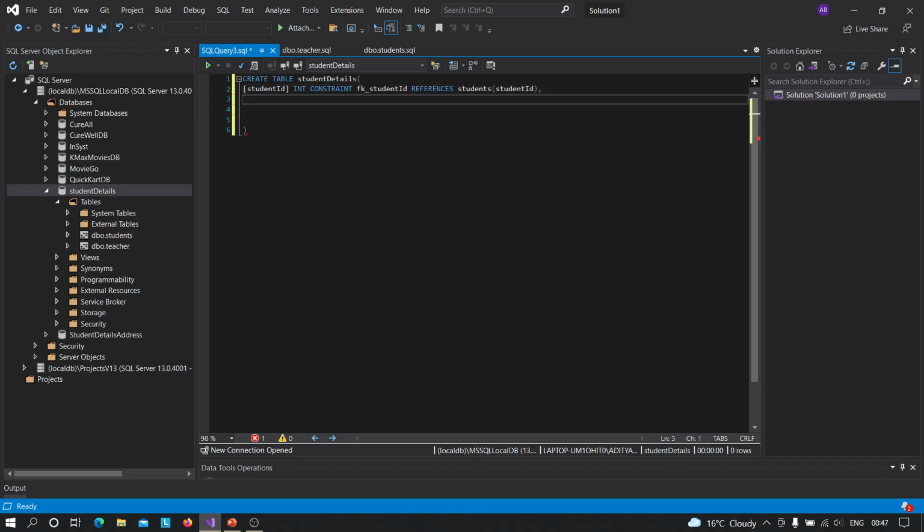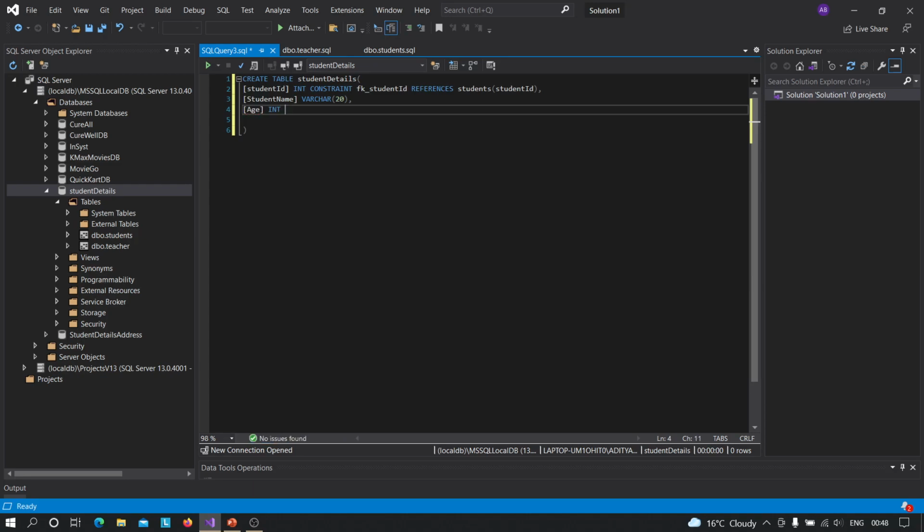Right, now I'll create, for example, student name, which should be varchar 20. Now I will come to my next part where I will show you what a check constraint is and how we have to write it. So I have a column called age, which is of type integer.